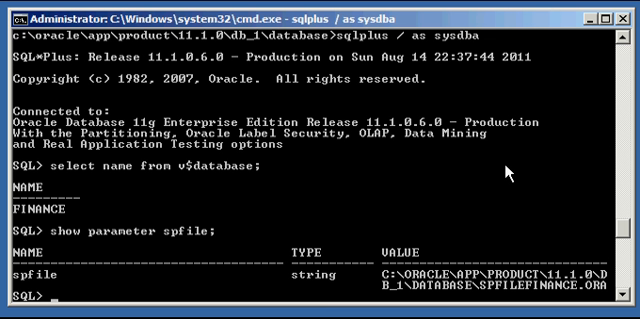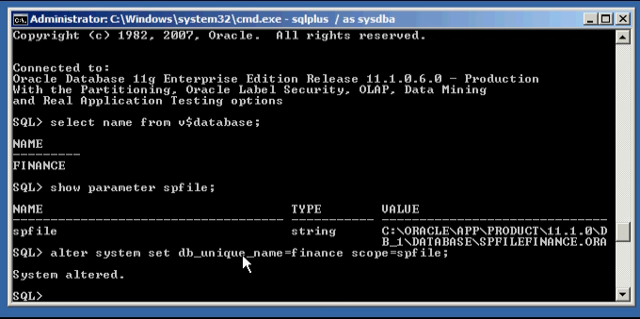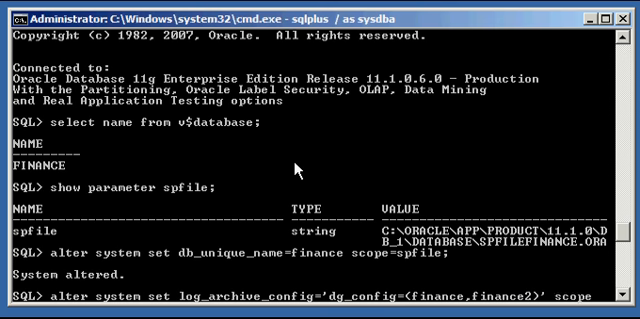So the first parameter that you need to set is the following. Type in alter, and remember we're on the primary database, system set db_unique_name equals finance, the name of the database you're connected to, scope=spfile. So alter system set db_unique_name equals finance. Okay, the next parameter you want to set, alter, and remember you're on the primary, system set